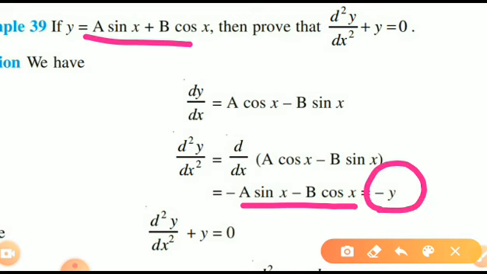So I have d2y by dx square is equal to minus y. Now take that minus y to the left hand side. So it will be d2y by dx square plus y equal to 0. Okay, this is one method. The other method that I have told: consider your LHS, substitute the values of d2y by dx square and y, simplify it and see whether you are going to get 0 or not. Or just observe it, see that I can write this in terms of y, substitute, and you will get the direct answer.